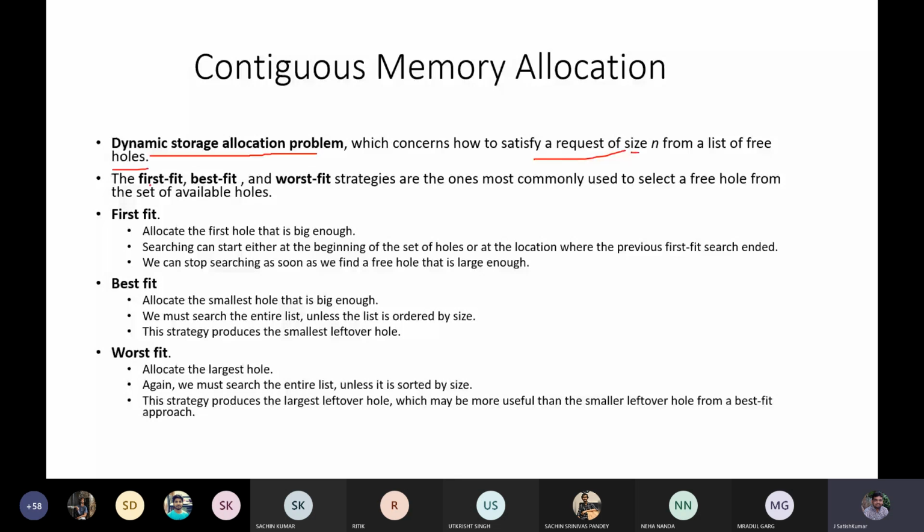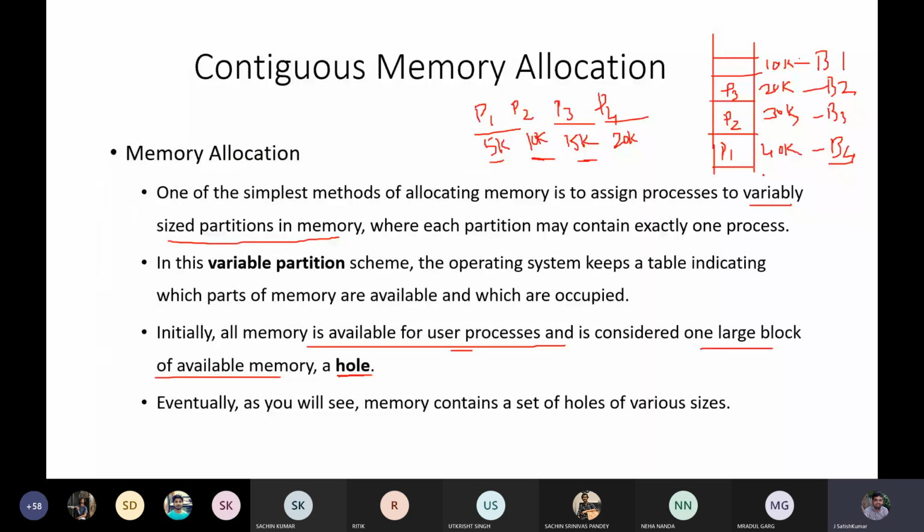Okay, so we have three strategies: first fit, best fit and worst fit, which are commonly used to select a free hole from the set of available holes. First fit says allocate the first hole that is big enough. Whenever you are searching the memory space, whenever there is a free space available, the first hole you find that is big enough,